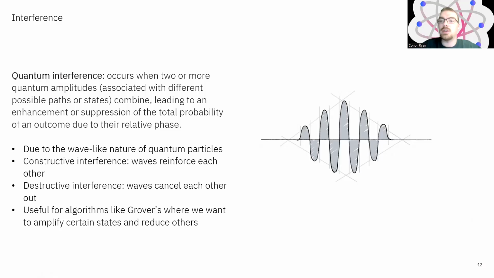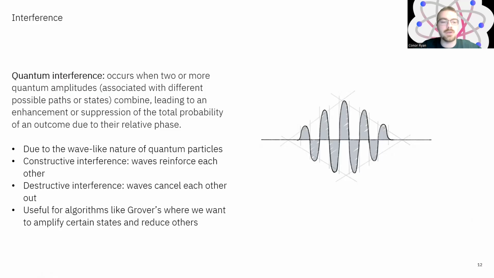In fact, if you don't want to measure one, you can interfere in such a way that you reduce its amplitude to 0, or if you want to guarantee a particular outcome at the end of your algorithm, you can try to get the amplitudes to interfere in such a way that your resulting amplitude will be 1, for instance. So while we are discussing this as operations on vectors, this would come from the wave nature of quantum particles, very much as you are familiar with that type of interference, where you have two waves interfering with each other, either enhancing their amplitudes at certain points or cancelling out destructively to get rid of features you don't want in the outcome of your quantum computation.